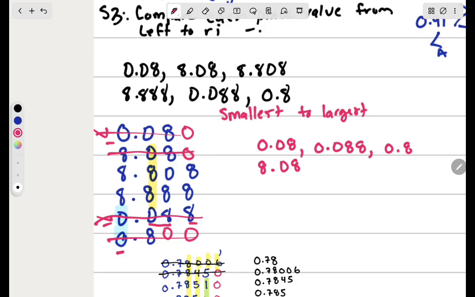Cross that out. All right, we got 2 numbers left. We're trying to find out which one is smaller. So we look at the last thing we did. We saw that these 2 8s were the same, so we can't use that place value, so we go to the next one. Which one's smaller? The one with the 0. This one right here. So you have 8.808, and the largest number we got is 8.888. That's how you do this. Our practice is